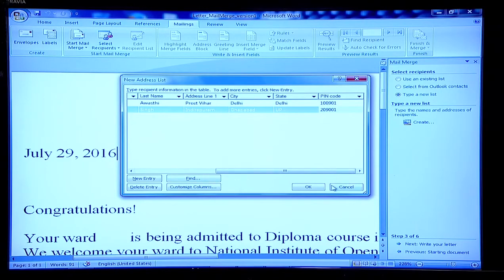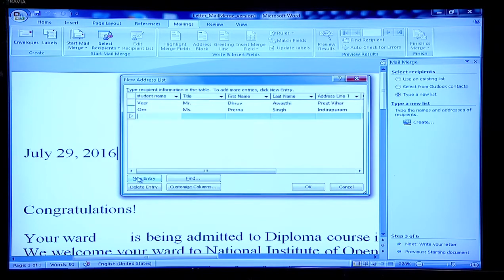So let's say I've got 2 entries. I can create one more entry. Let me say I'll create one more entry, and then we'll stop, and then we'll see mail merge. So let's say this time I'm creating one more name, okay, Parul, with the title. So I should have a capital letter over here, so I'll just delete this and I'll say capital P, and this time let's say it's Mr. Rohan Bajaj,